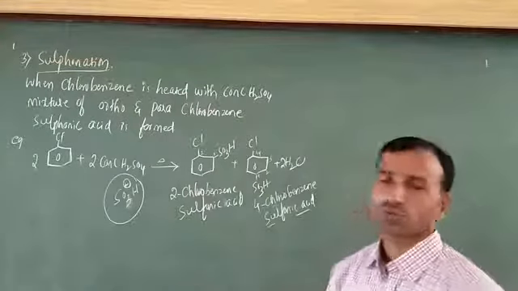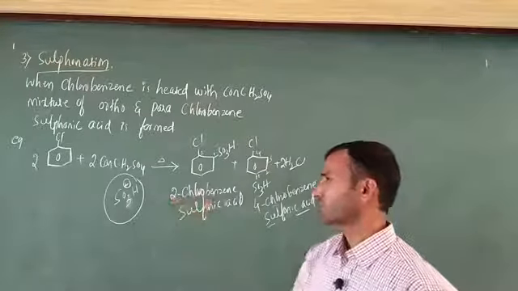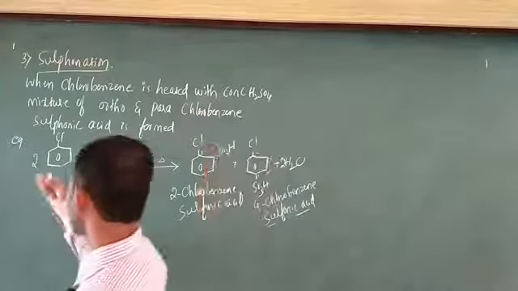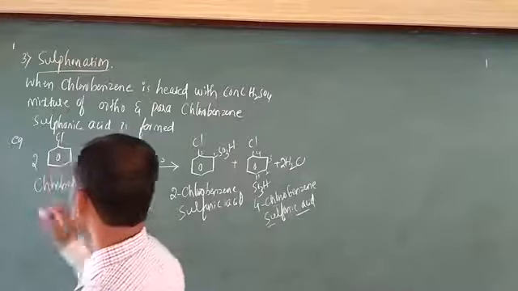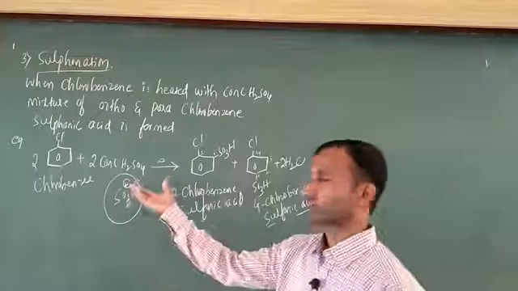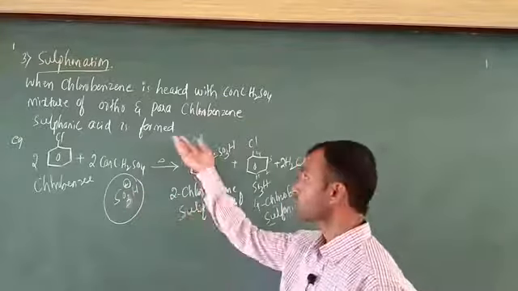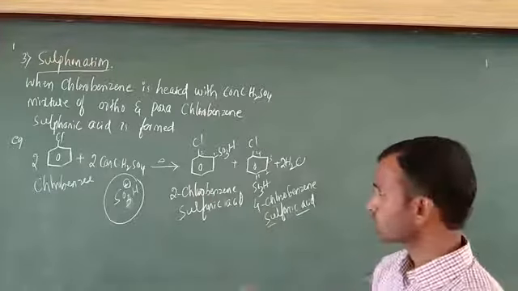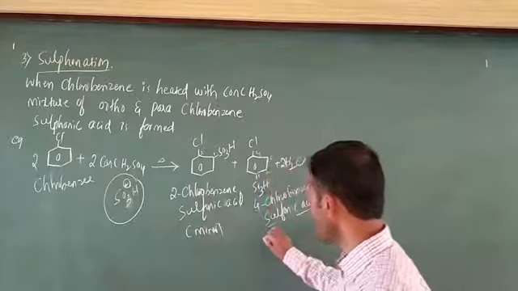In the examination they are going to ask for 2 marks, explain sulfonation. At that time you have to write the naming compulsorily, and after that if you want you can write the explanation. Chlorobenzene is converted into these two products. Very simple: chlorobenzene can react with concentrated H2SO4 in the presence of heat to form products. One is ortho-chlorobenzene sulfonic acid, another one is parachlorobenzene sulfonic acid.